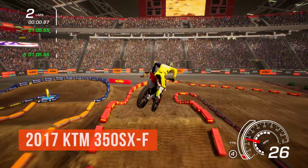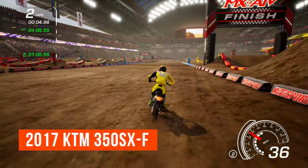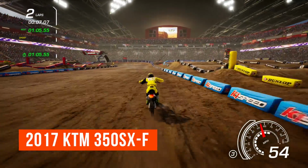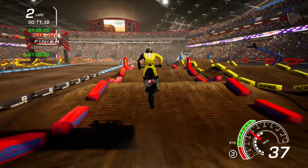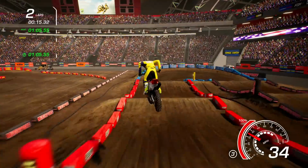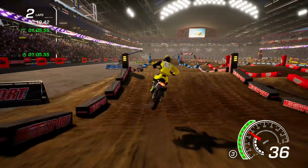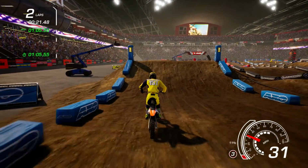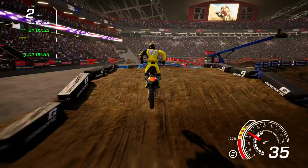What would be really cool, and what I wanted to see, was to be able to run against your Ghost and then go to the garage and switch the bike up, but still leave the Ghost on that same bike. You know what I mean? Run it on the 450 and then switch in the garage to the 350, but race against that. That's kind of what I want, but since we can't really do that, this is what we're doing instead. Unless